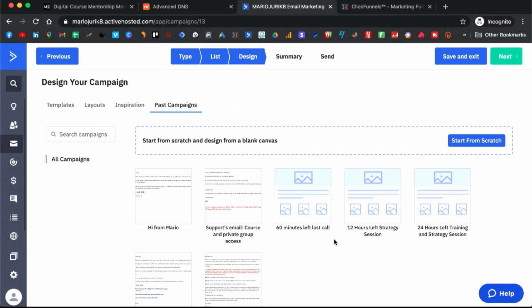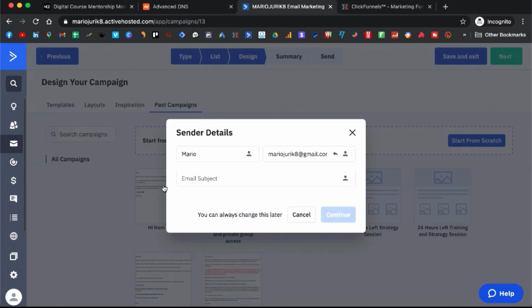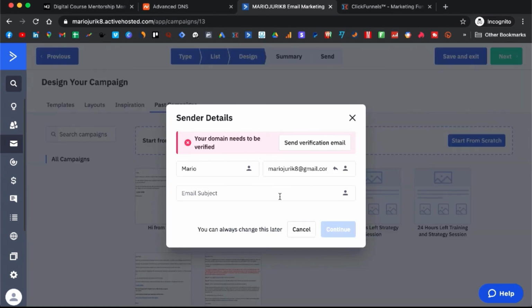And what I like is to use simple campaigns, without too much graphics or things like that, because that can go to spam sometimes. I sometimes add one picture or something, but I try to keep it simple. So if you want to use a simple campaign, then you can go to past campaigns and you will actually have the templates from our automations that we have just built, right? So you can choose this one